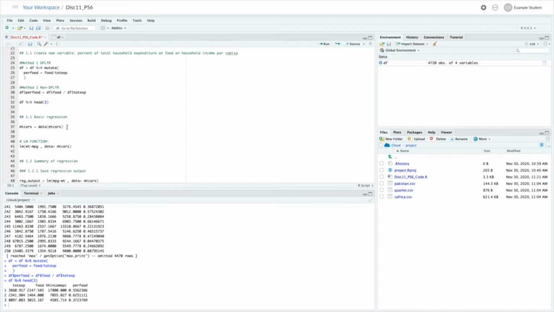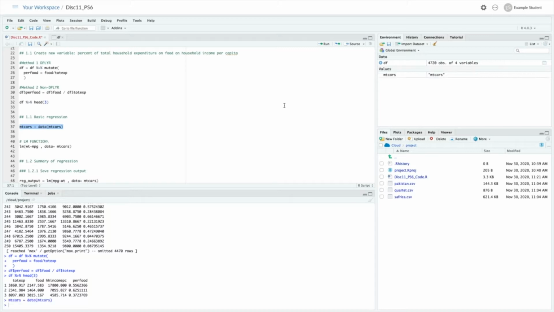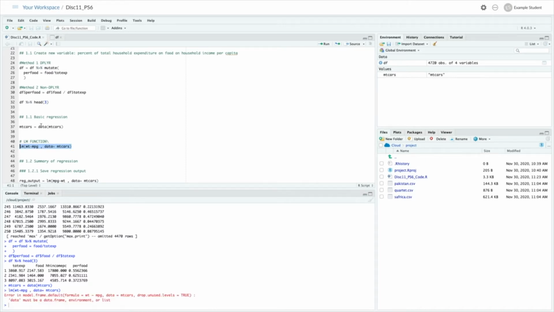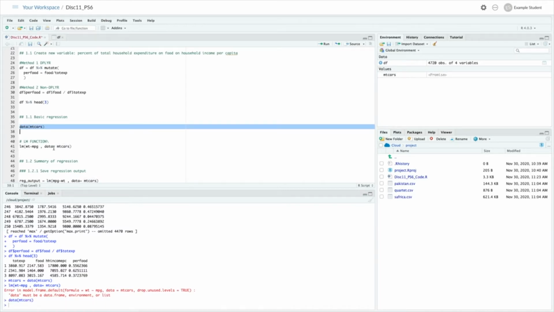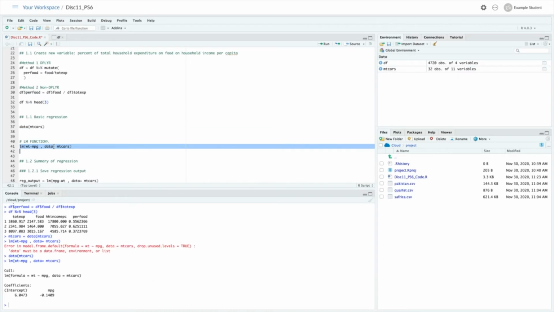In this example I'm going to use the mtcars dataset that we've used many times. We are going to regress miles per gallon on the weight of a vehicle. And actually, it's not mtcars. Let's go like this, and it should work. So what we just did there is